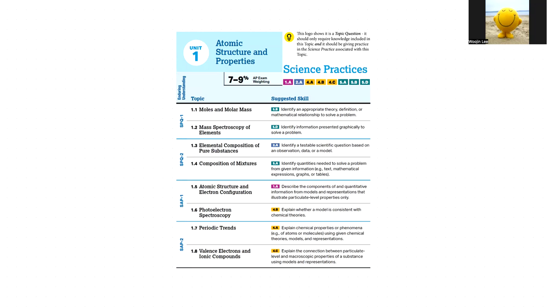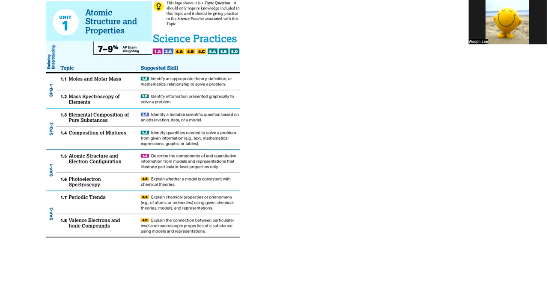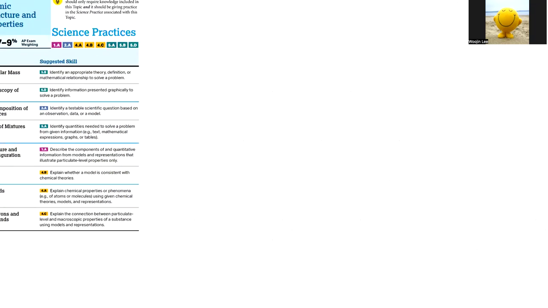Topic 1.1 is moles and molar mass. You should be pretty familiar with this topic already because the whole AP Chem curriculum revolves around this. However, if you want to review quickly, we can talk about how we can relate moles and atoms. We can relate moles and atoms with the conversion factor, Avogadro's number